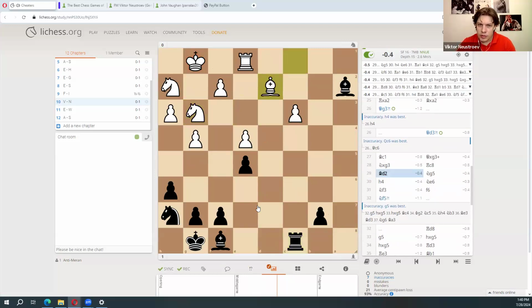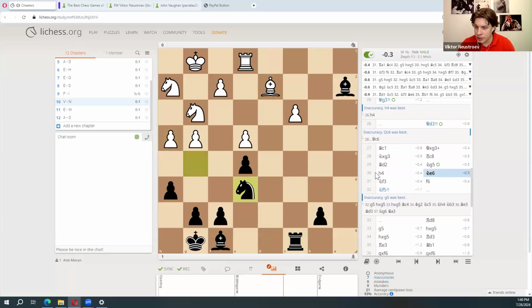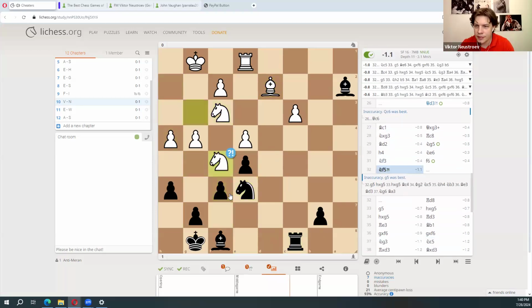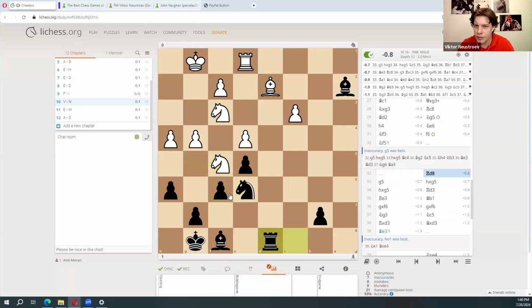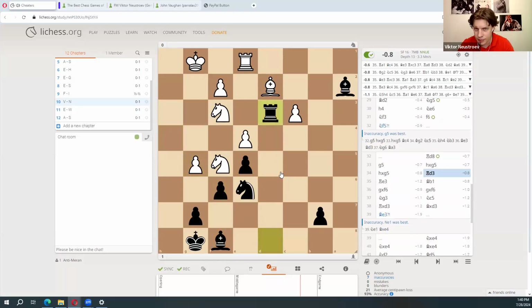Bishop goes there, knight g5. Attacking here, so h4 is the best move. Knight e6. So again, the position is approximately equal. Black had some very small advantage, but after the exchange of the queens, it seems that it's still equal. f6 defending, knight f5. Well, not sure about this move, but the rook wants to invade the enemy camp. It's obvious. g5, h takes, h takes. There is a rook invasion. c3 is the object of the attack.